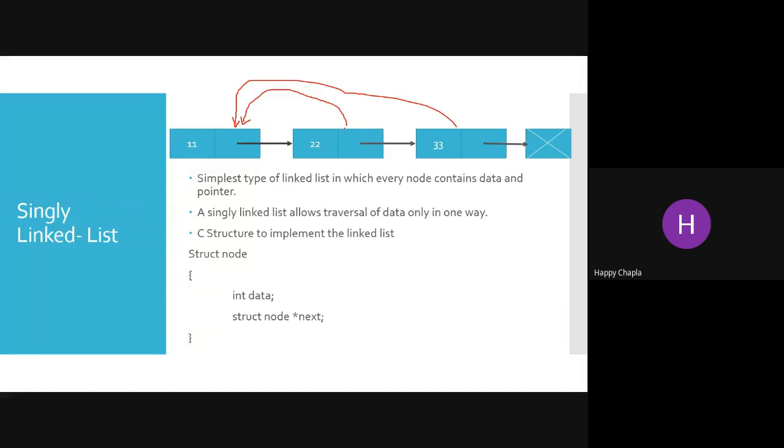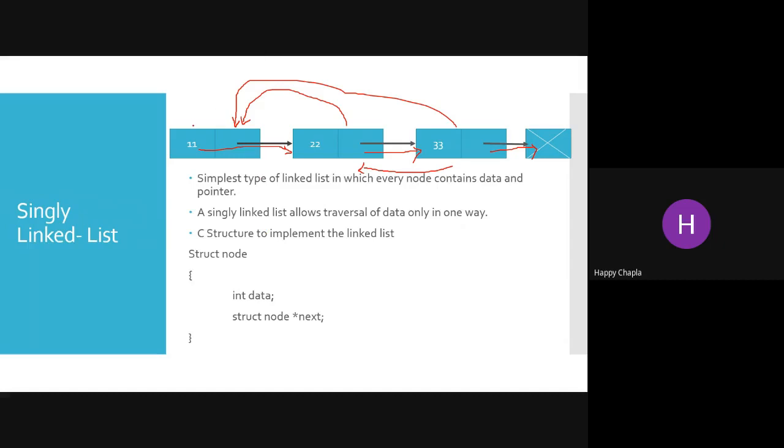This node can only know the address of the next node. This node can only store the address of the next node. So we don't have any reverse address or previous-to-previous address. So we are just traversing in one direction only, right?